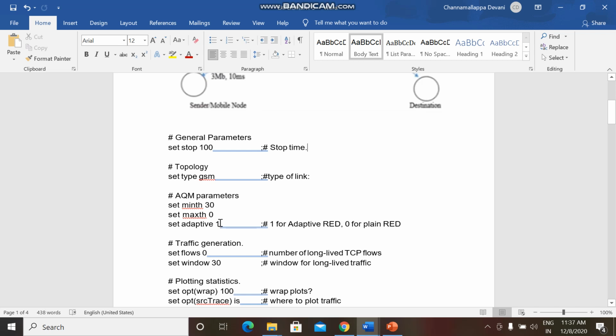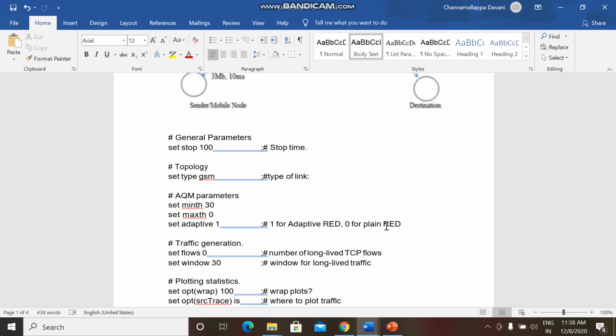Whenever adaptive is set to 1, it indicates adaptive RED. RED is a queuing mechanism, like we have drop tail. RED is random early detection. I had already explained drop tail and RED while explaining the basics of simulation, that is TCL programming. Adaptive is set to 1 when we are using adaptive RED, and it is set to 0 when we are using the plain RED, which stands for random early detection.